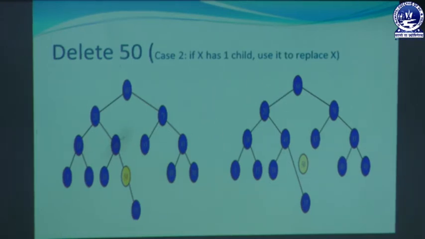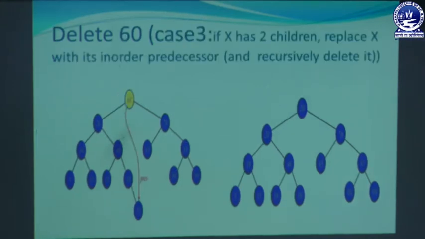So, next we will see case 3. And one thing here: if all the nodes present in the AVL tree are balanced, then we will go for the next step. No need to rebalance the tree. So, next we will go for the next case. Suppose I want to delete the node 60. Okay.